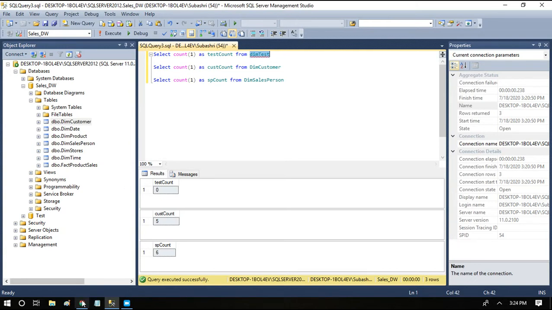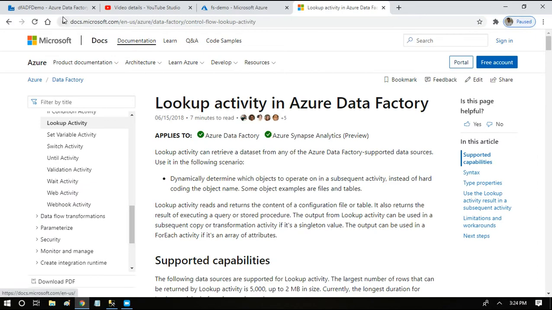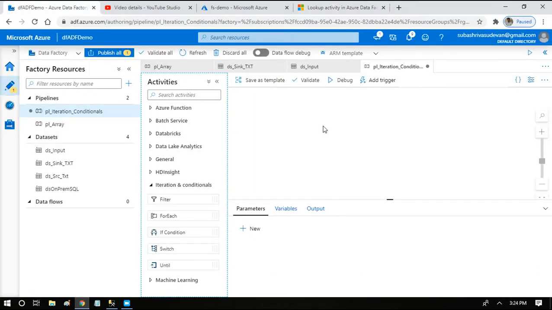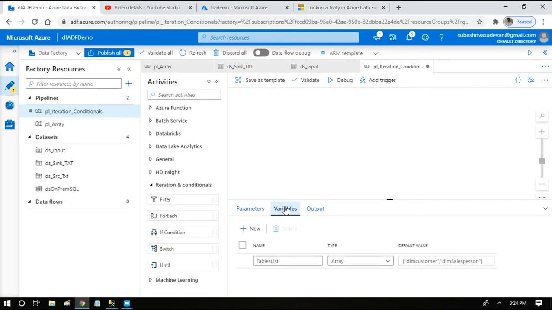Let me go to Azure Data Factory, adf.azure.com. Here we first have to declare a variable. We already have a variable of type array wherein we have two tables. Now I am going to add one more table called dim test, which doesn't actually have any records.